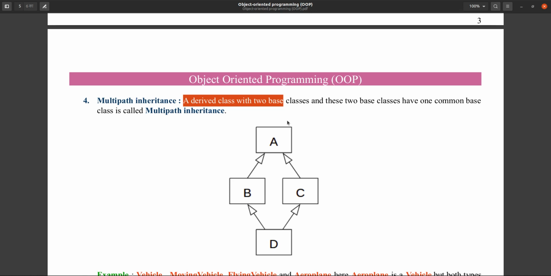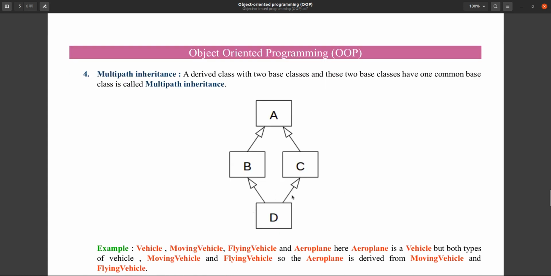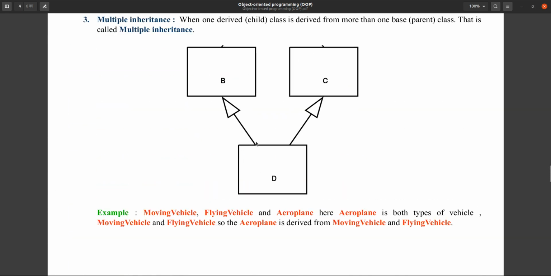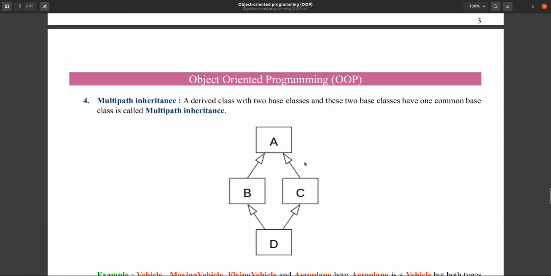Multipath means this derived class D has two base classes, B and C, and these classes B and C should have one common base class. Then we can say multipath inheritance.